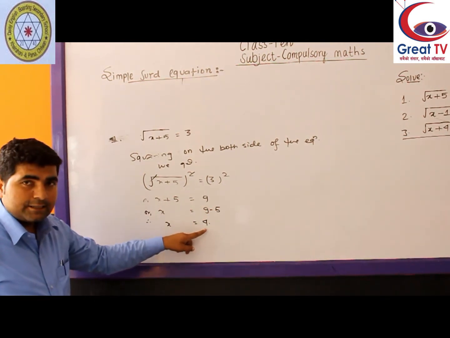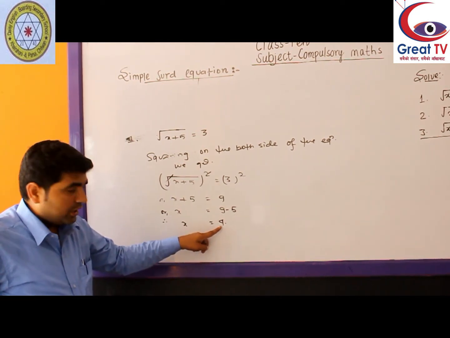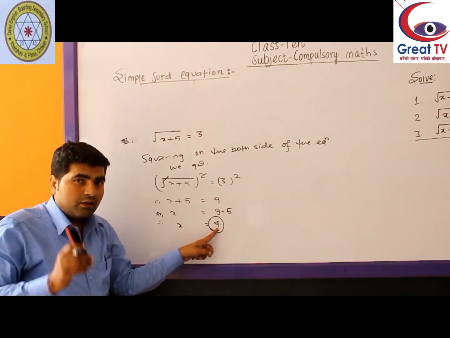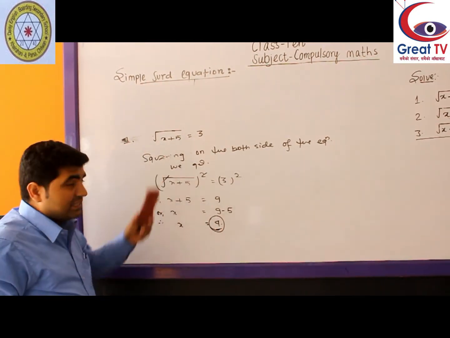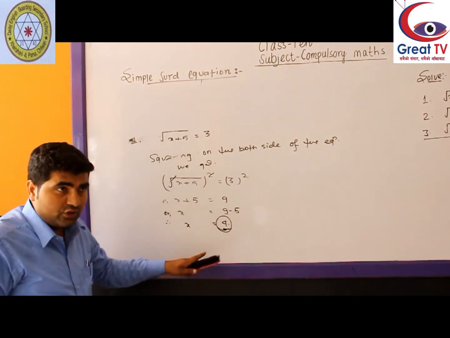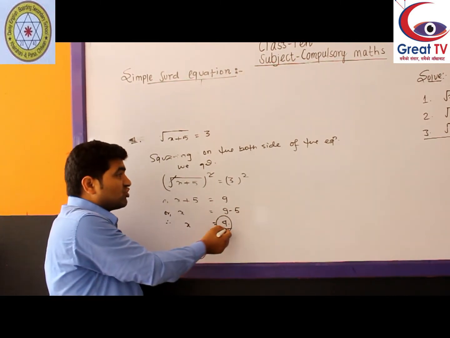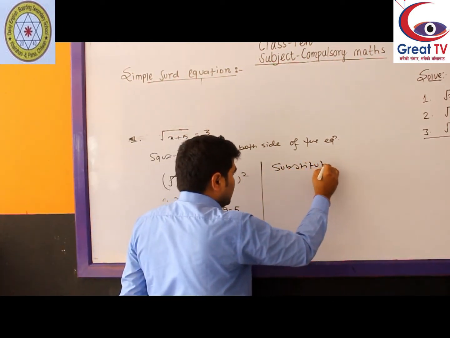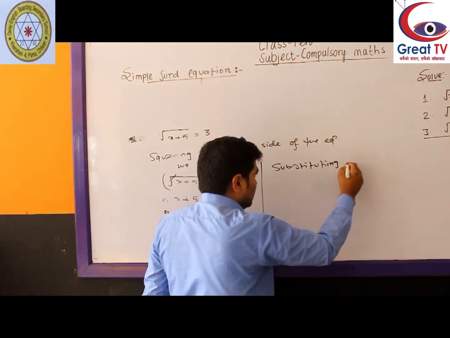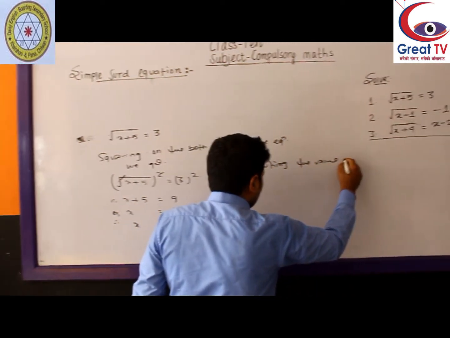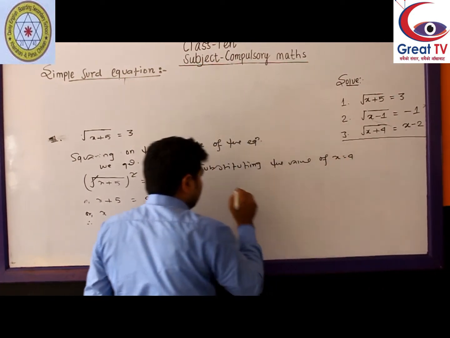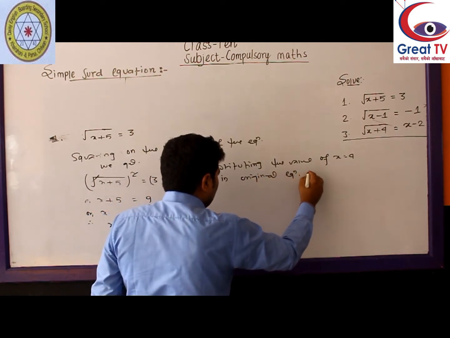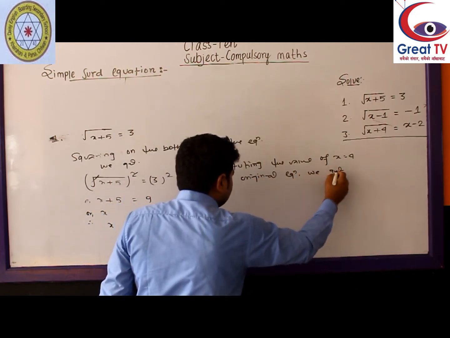Is this one correct or not? Is this the perfect root or not? If this value satisfies that equation, then only this value is the perfect root of that equation, the required value of x. Otherwise this one is an extraneous root. Substituting the value of x equal to 4 in the original equation,